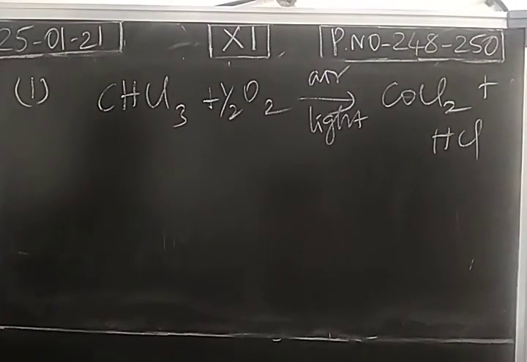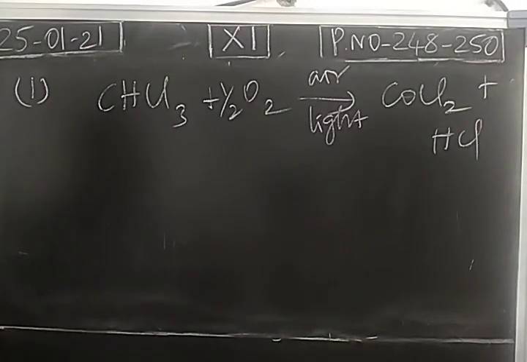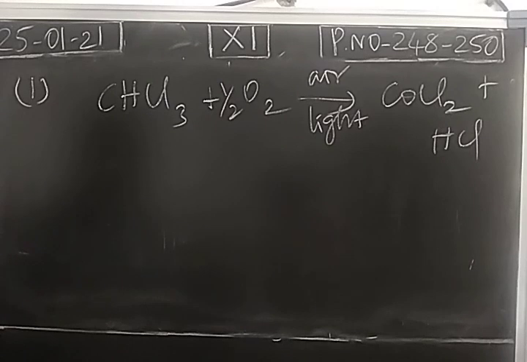So that is why we are not using chloroform as an anesthetic now, right? Some years back we were using it. Due to this harmful effect, now we are not using chloroform as an anesthetic. So it is oxidized to form a poisonous carbonyl chloride, and it is harmful to human health. So we are not using chloroform as an anesthetic now.